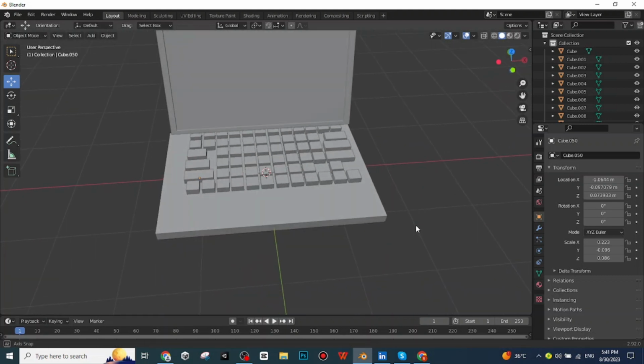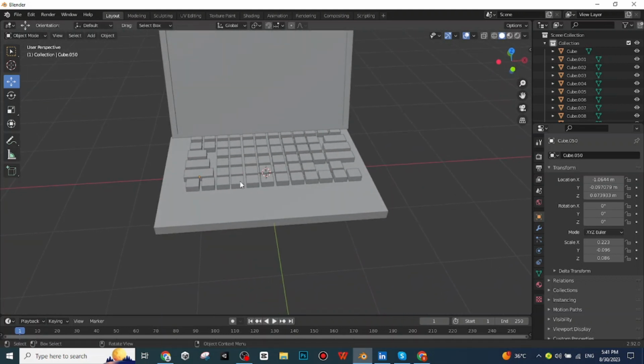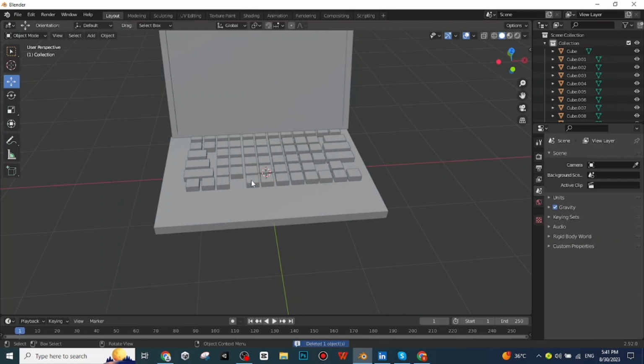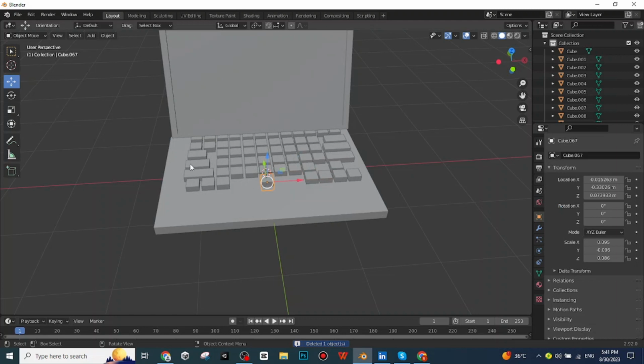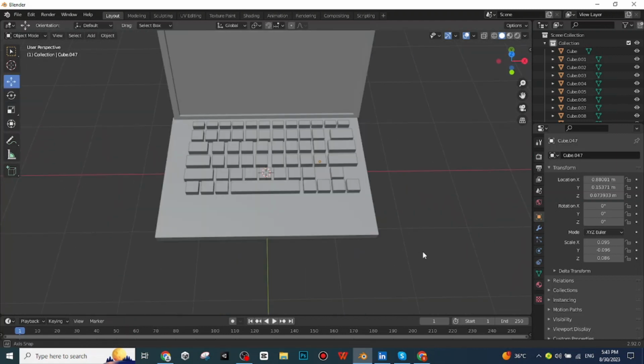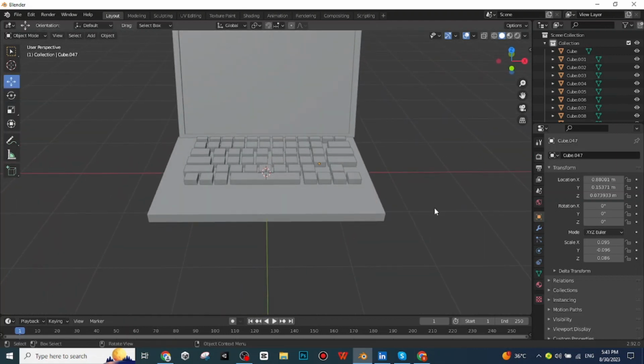Now I'm going to make the space button. For this I will just delete this button, this button, this button, and then delete this button. Select this button and move it toward the x-axis by using the scale function. End it. When all the buttons are ready for the laptop, just select this surface,